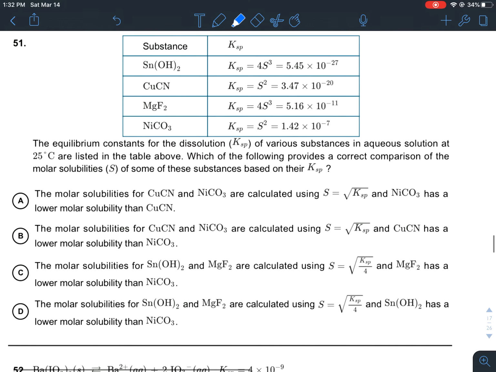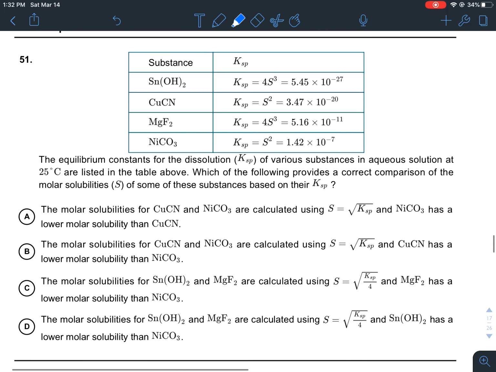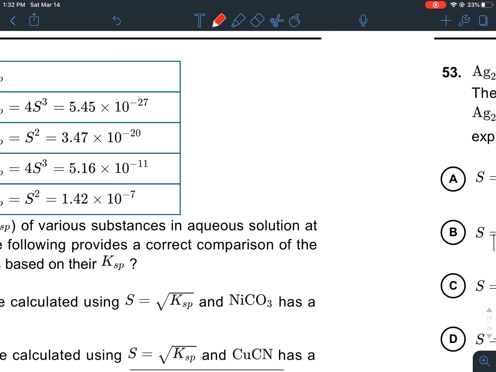All right, number 51. This one, it felt like it was going to be a lot of work. I'm glad the answer came early. Okay. The equilibrium constants for the dissolution, the Ksp, for various substances in an aqueous solution at 25 degrees Celsius are listed in the table above. Which of the following provides a correct comparison of the molar solubilities, S, of some of these substances based on their Ksp? All right. Look, your molar solubilities is how many moles